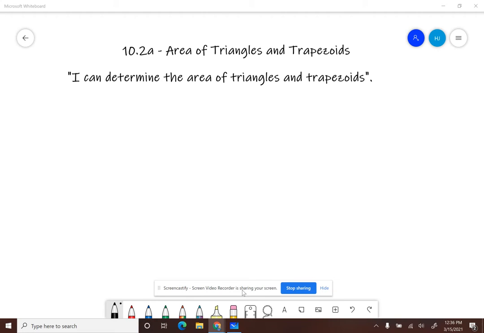All right, guys, today we're moving on to 10.2a, which is area of triangles and trapezoids. And again, our mission is pretty simple, pretty straightforward with the title. I can determine the area of triangles and trapezoids. So again, we said yesterday when we talked about rectangles, squares, and parallelograms that the formula that we were going